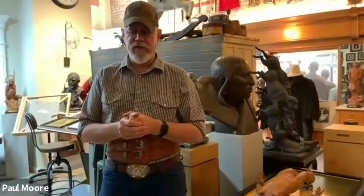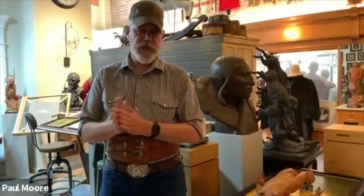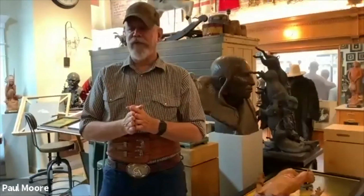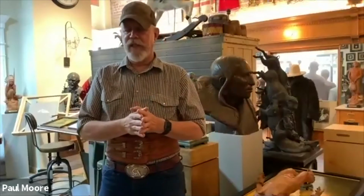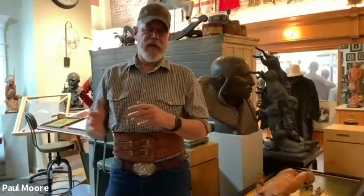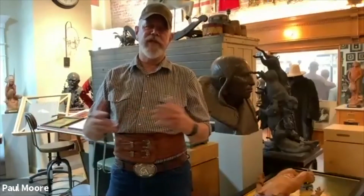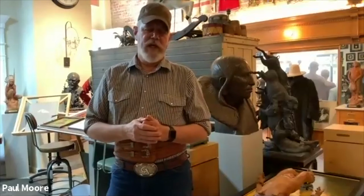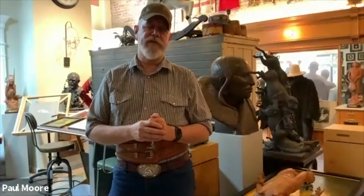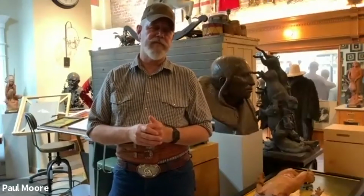The one thing that I fell in love with when I was 13 going to the Cowboy Hall was James Fraser's pieces, the End of the Trail and his Seated Lincoln. It's a twice life-size figure. I always thought in the back of my head, I'd love to be able to do monuments one day. After working in Montana for 3 years and learning the entire process of casting, I headed down to Santa Fe and ran their enlarging studio for 7 years and did 120 enlargements in 7 years for